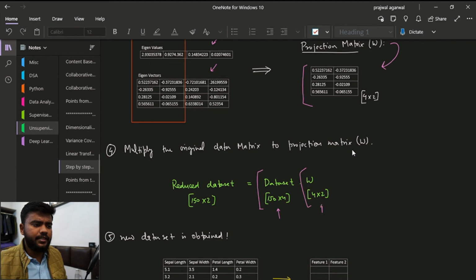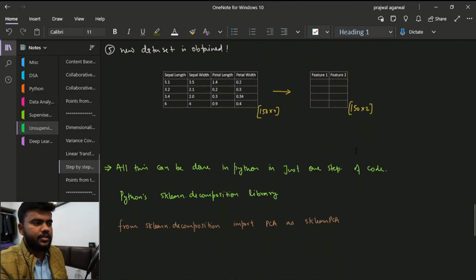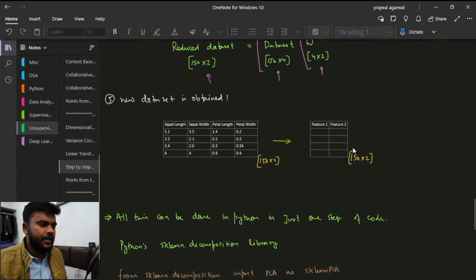When we multiply them, we get the reduced data set of 150 by 2, and this is how our new data set looks. But the thing is, when you are using Python, all this can be done in just one step, one line of code from the Python sklearn.decomposition library.